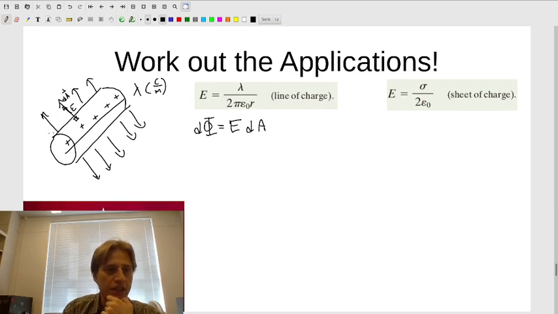Now, let's say that the cylinder that we've chosen has a length of L. The ends of this will not contribute because their area vectors are going to be pointing out like that, so because the electric field and the areas for the ends are perpendicular,